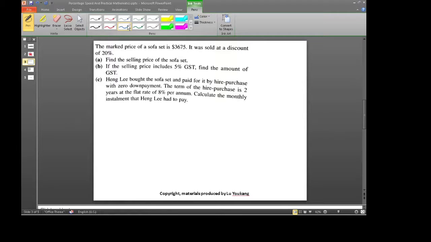Okay, right now we have another question. The question says the market price of a sofa set is $3,675 and it was sold at a discount of 20%. Therefore, find the selling price of the sofa set. So it was sold at a discount of 20%. Therefore, actually, it was sold only at 80% of the price. Therefore, $3,675 times 80%, you will get